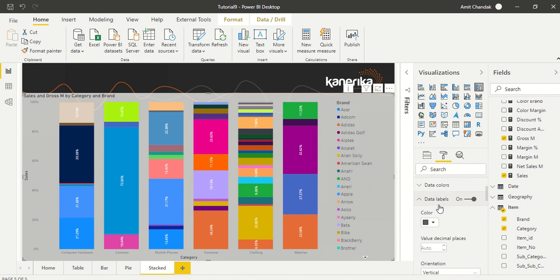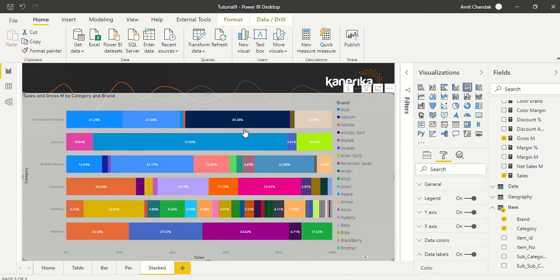Basically you have the stacked visual, and you have the 100% stacked visual in both horizontal and vertical form. In this case it's kind of a pie, and in that case it's a clustered bar stacked one over another. The stacked bar is a pretty useful visual because it allows us to show how this 100% is achieved. We can show it in terms of value and in terms of percentage. There are use cases where only the stacked bar visual can fit. So try this visual out and let us know what else you wanted to show with it.